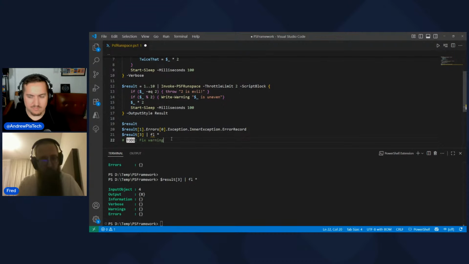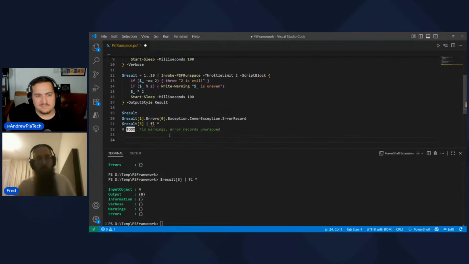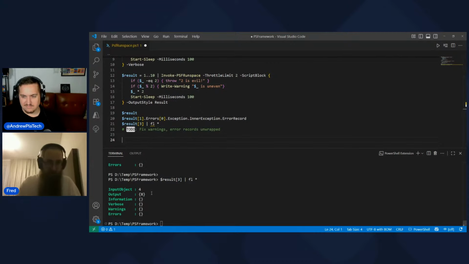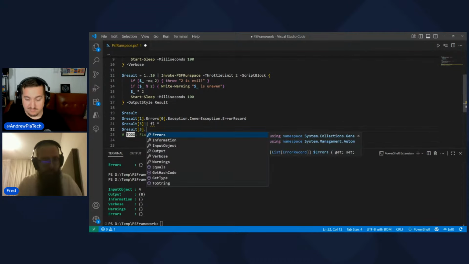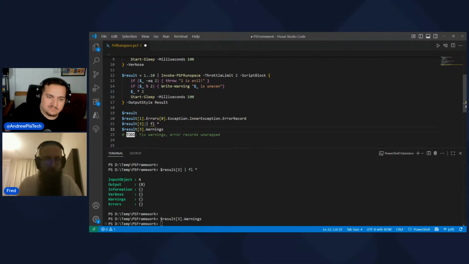Warnings should be included and error records unwrapped. Great. Anyway, the final intended result, and for some reason it no longer works because I know I tested the warning before I shipped that. The intended final result is that you get on the result object all of the message streams. And you know what? I remember now what the problem was, because if we now go into warnings, then we should actually